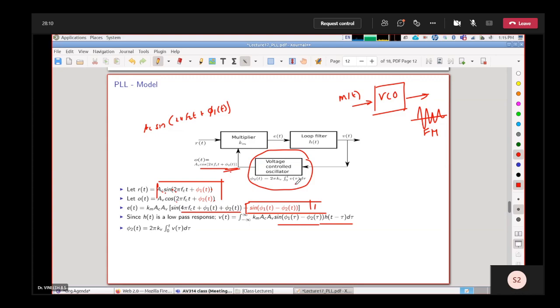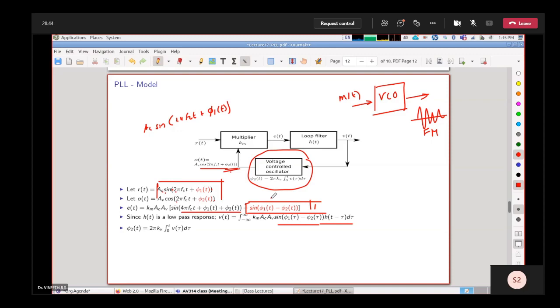If you think about this using, say, R of t equal to cos and O of t equal to cos, that also is very fine. What just happens is that the error signal that you get here will be cos of phi1 of t minus phi2 of t, and that will be 0 only when the argument is pi by 2. So phi1 of t minus phi2 of t has to be pi by 2. In this setup, you will finally get a match, or the whole loop will behave in a stable way.